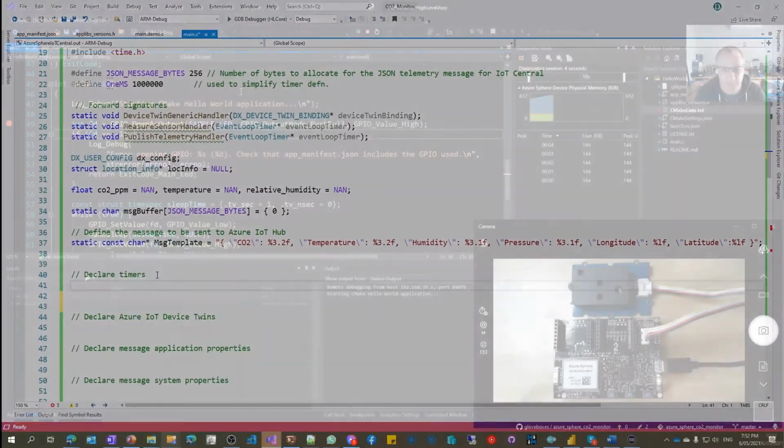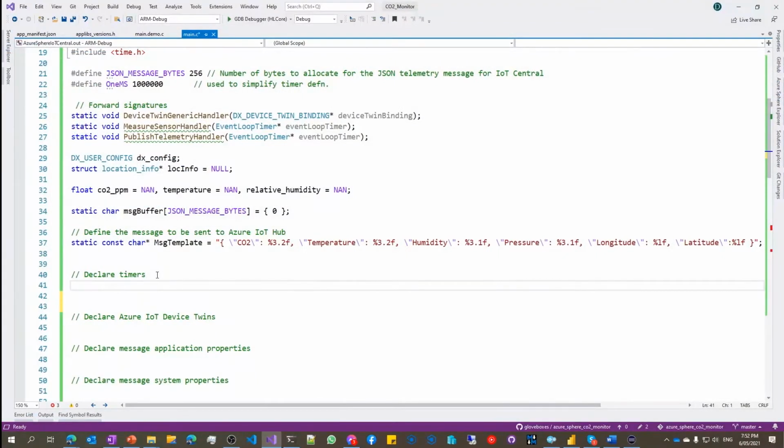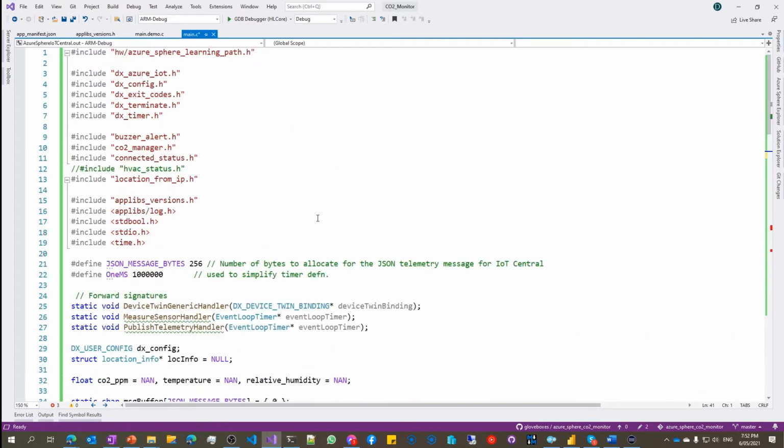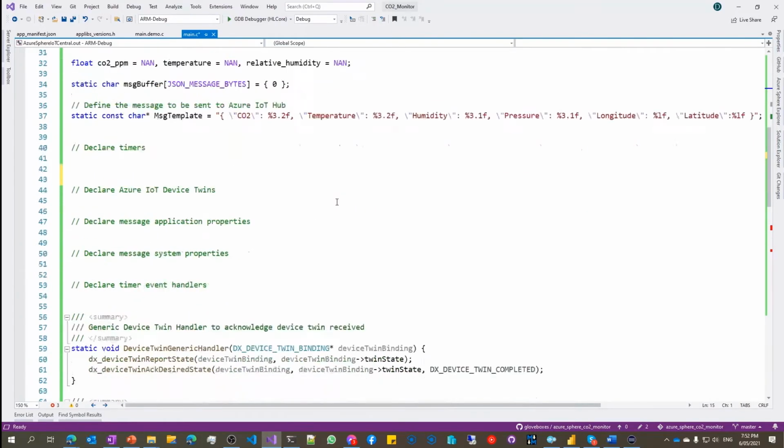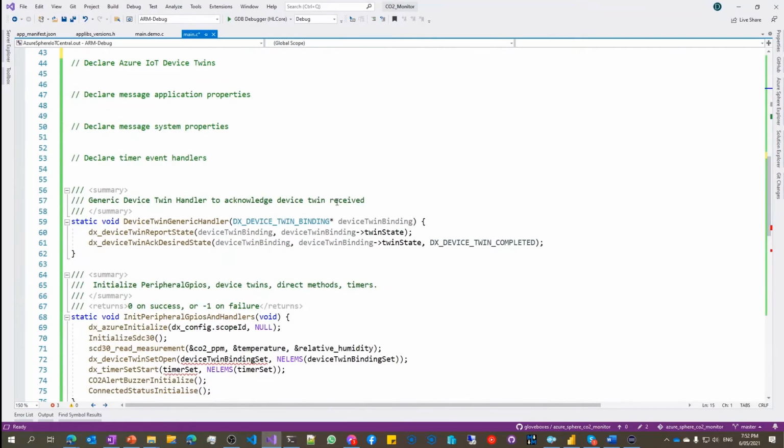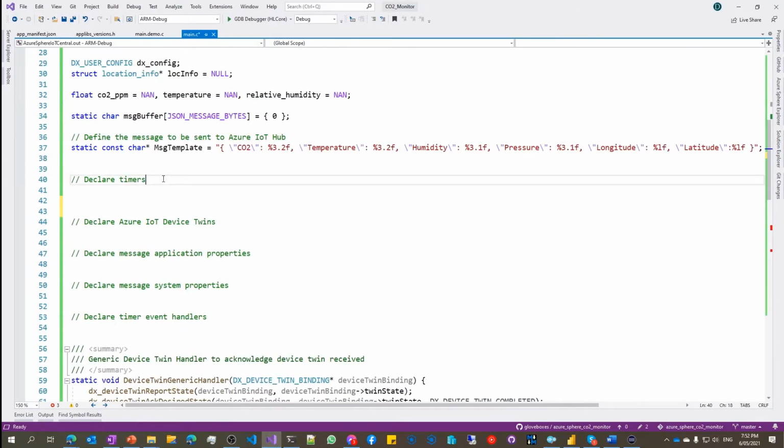Okay, so the next thing we're going to do is swap across to look at one of the samples that you'll find in the Microsoft Learning module for Azure Sphere and IoT Hub. And I'm just going to go through very quickly what that application would look like. So like Mike was doing, I'm building a high-level application. And you can see, if you've built C applications before, you've got the standard kinds of things for includes. And what I'm going to do is just copy and paste a bit of this application in here and just going to give you a sense of how this application